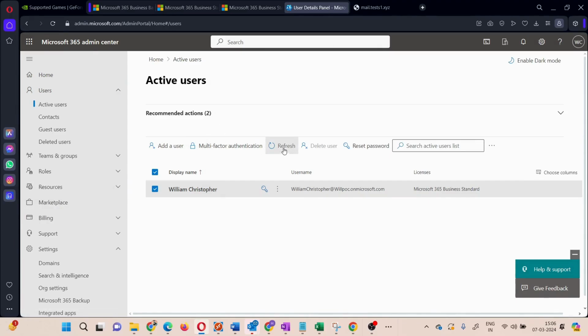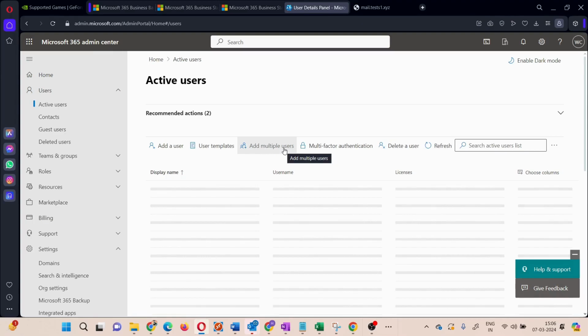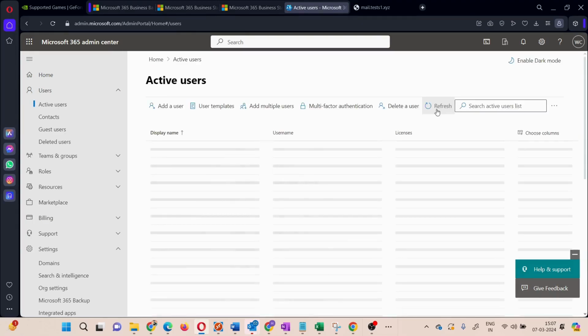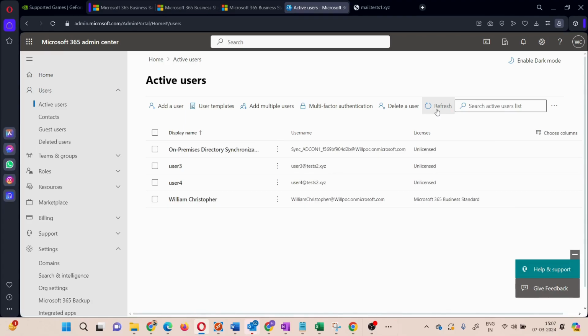Let's refresh this page. All right, so as you can see, user 3 and user 4, which belong to test2.xyz, are synchronized to this